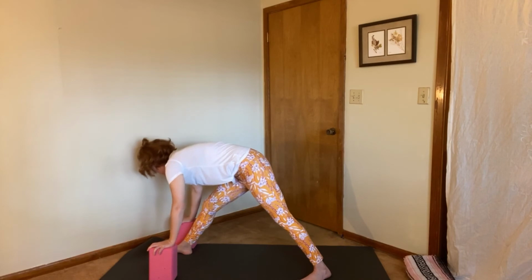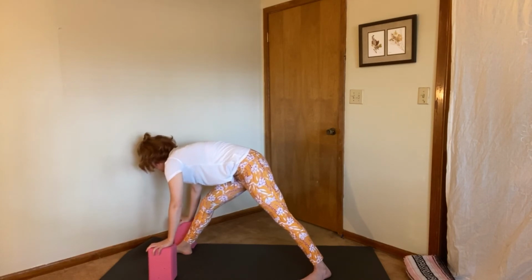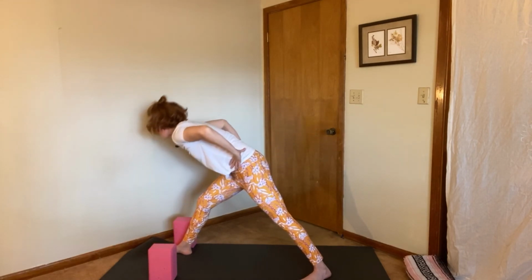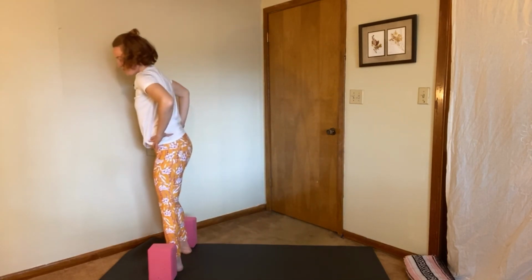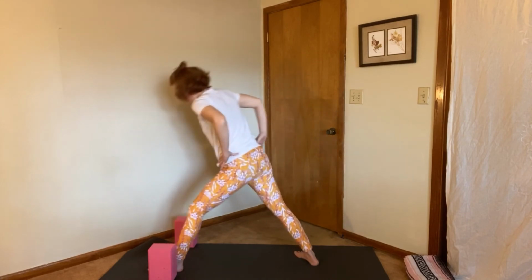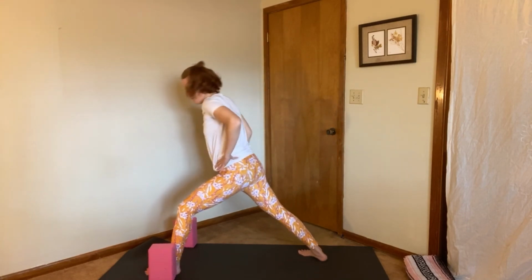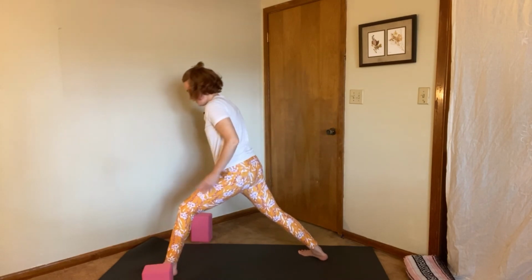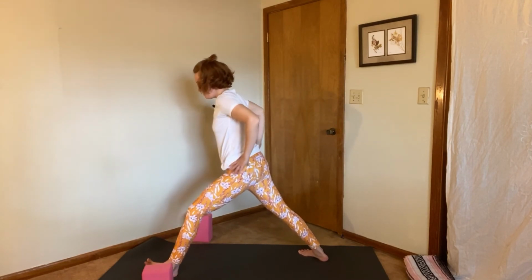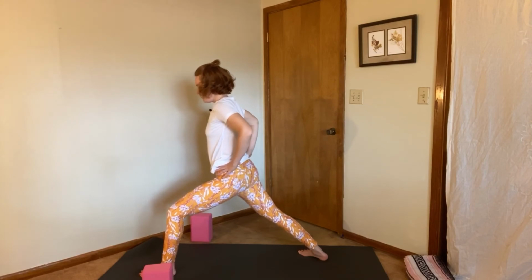And then inhale up halfway, lengthen the spine. Bring your hands to your hips and press through the feet. Come all the way up. Step the back foot forward. Step the right foot back on a 45-degree angle. Left toes out 90 degrees, so straight forward. Then bend into the left knee,